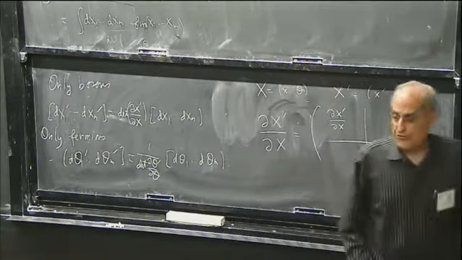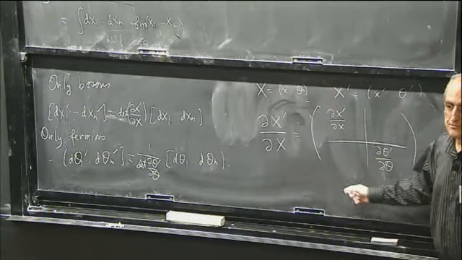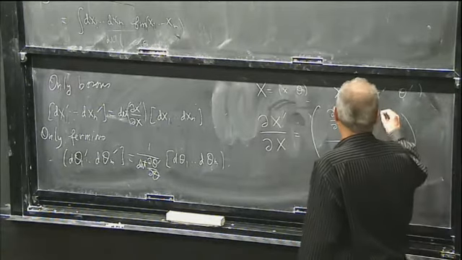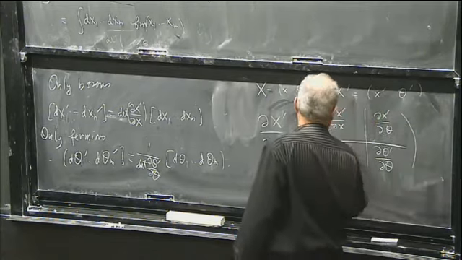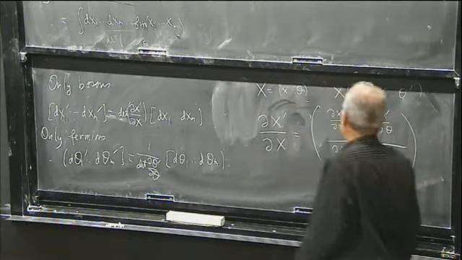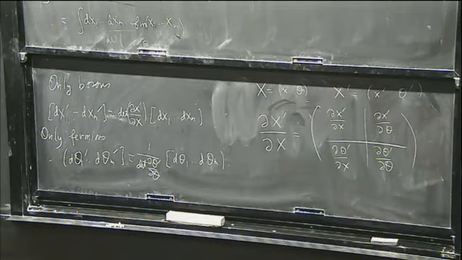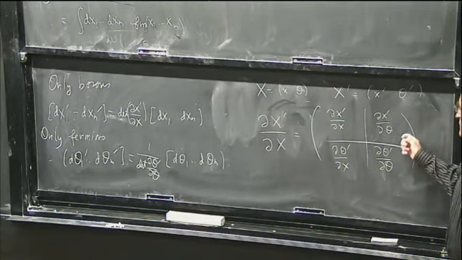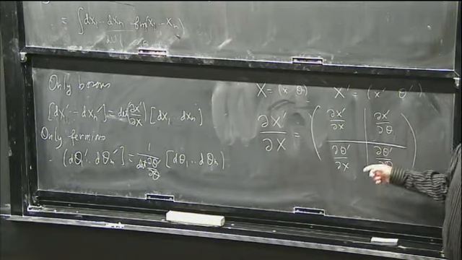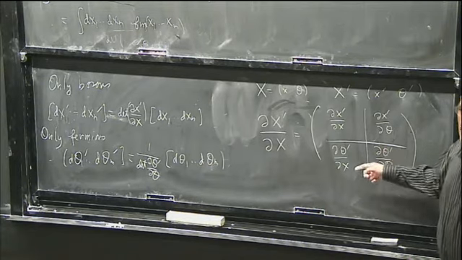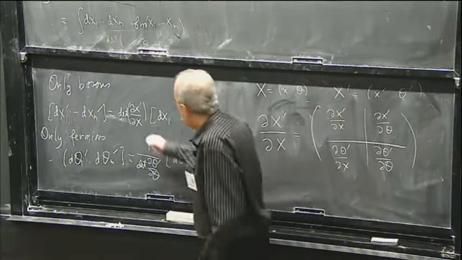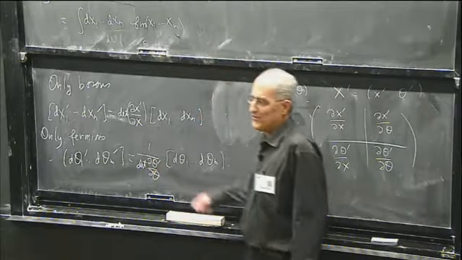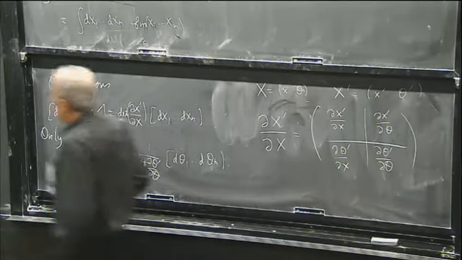With 0 blocks off diagonal. But in general, for an arbitrary change of variables from old coordinates capital X to new ones capital X prime, the differential of the change of coordinates gives an arbitrary map whose off-diagonal blocks are not necessarily 0. And there's an obvious formula that combines these two, which says that